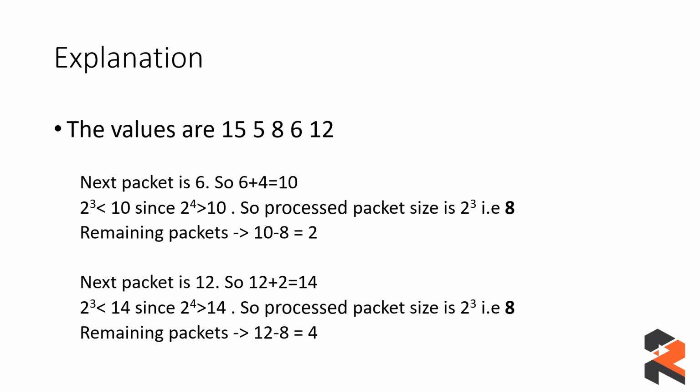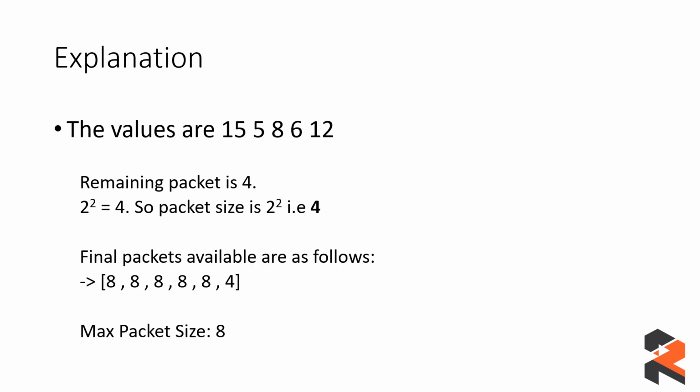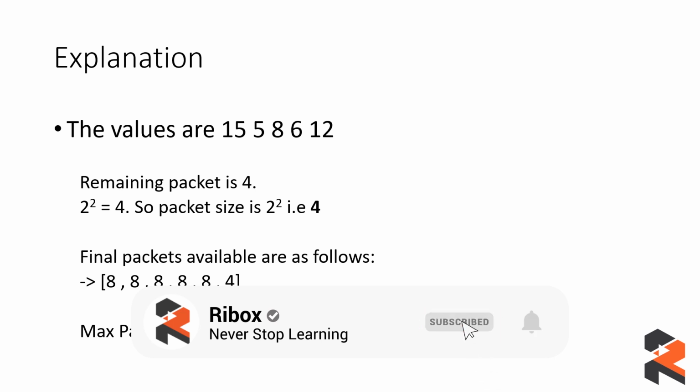So the processed packet size will again be nothing but 8. Now we have the remaining packets as 4, and all the values inside our list have been processed. But since these remaining packets need to be processed as well, we find that the remaining packets are 4, and 2 to the power 2 is nothing but 4. So what we have finally is the number of packets processed, and we have the list of numbers